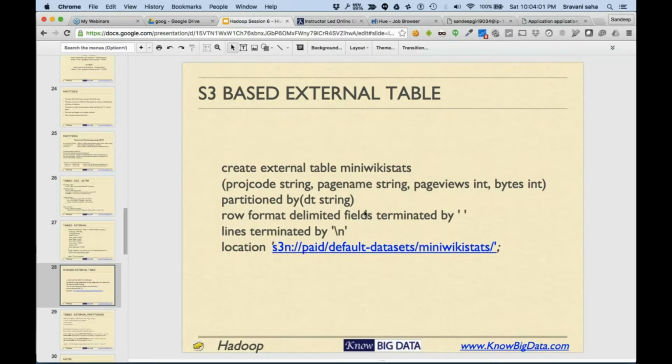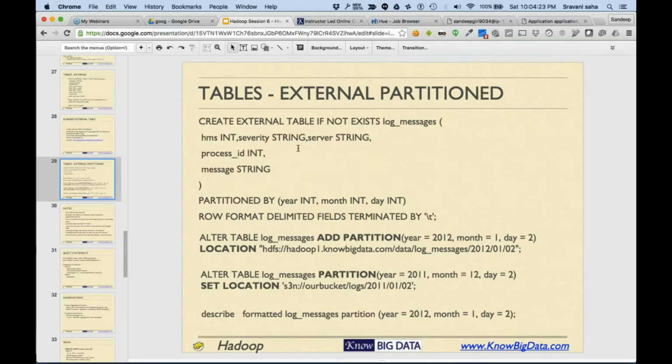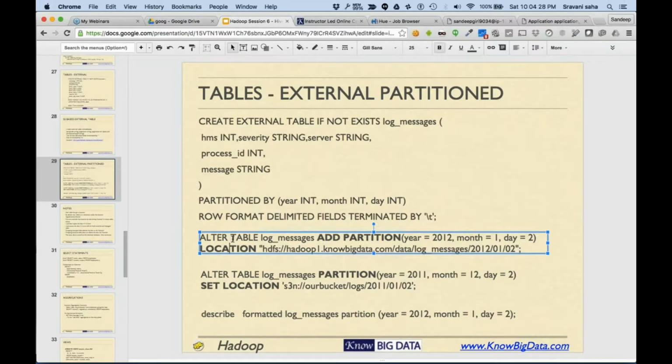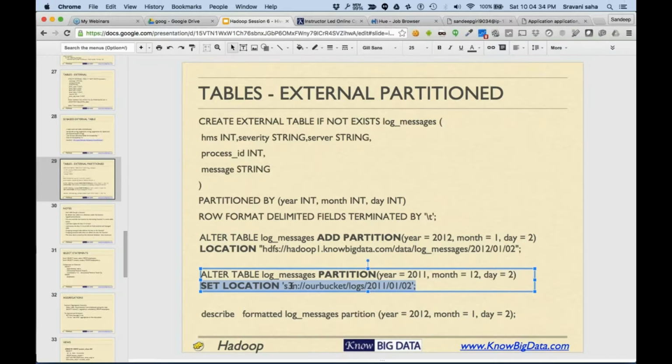All the logs we generally push to S3 only. Sometimes you can have an external partition like this, meaning one partition is coming from HDFS, another is coming from S3.